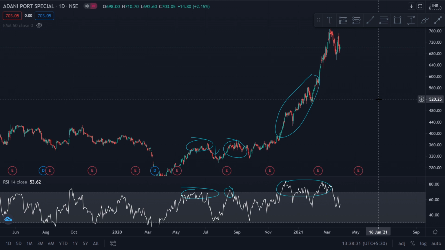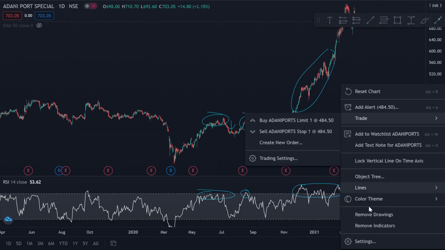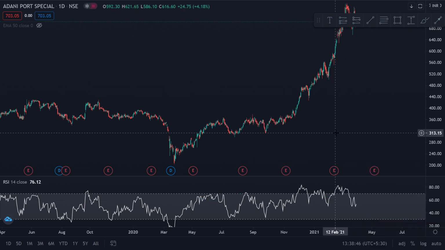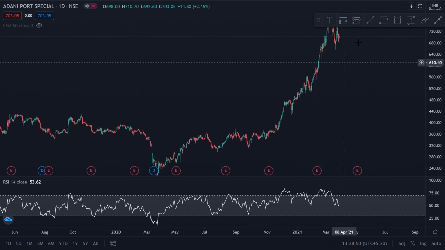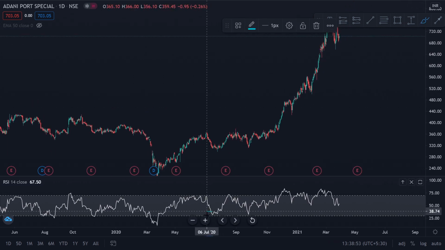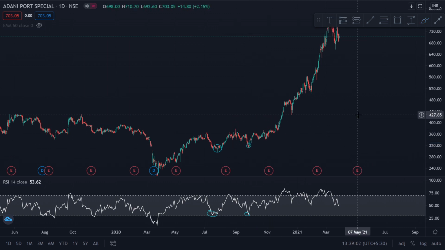You need to look at the chart and the market structure and how the price is moving, and then decide if you are looking for buy signals or sell signals. So on the same chart, suppose I eliminate all my sell signals and I'm purely looking for buy signals. I'm purely bullish on the stock, right? So whenever it comes anywhere close to my oversold region, I go long. Obviously, here I go long, I caught the bottom, and next time here I go long, I caught the bottom again. So this is the importance of staying with the trend.